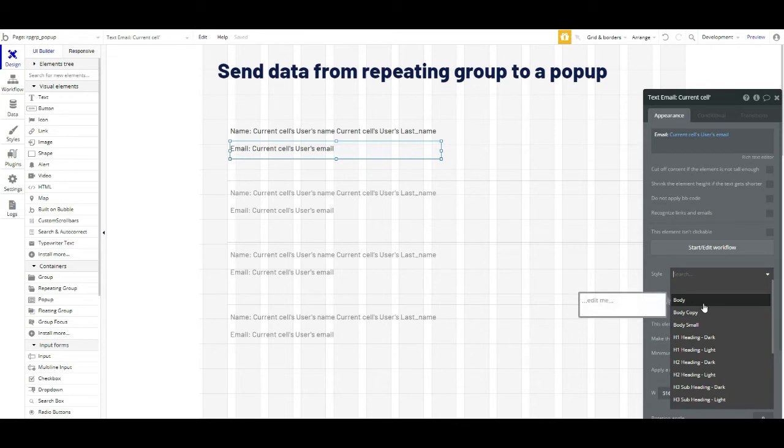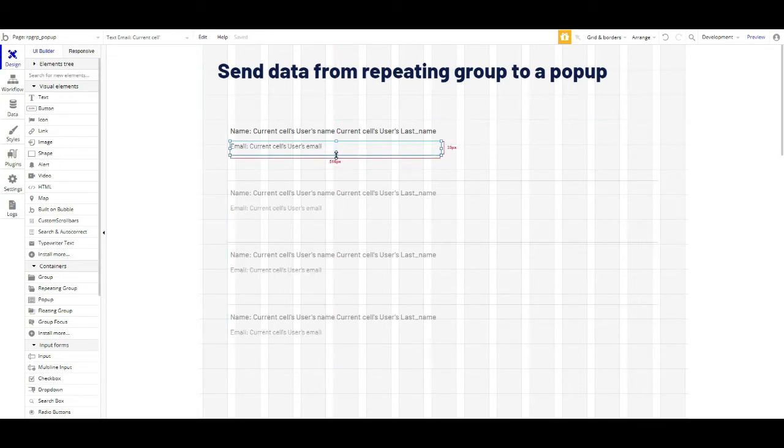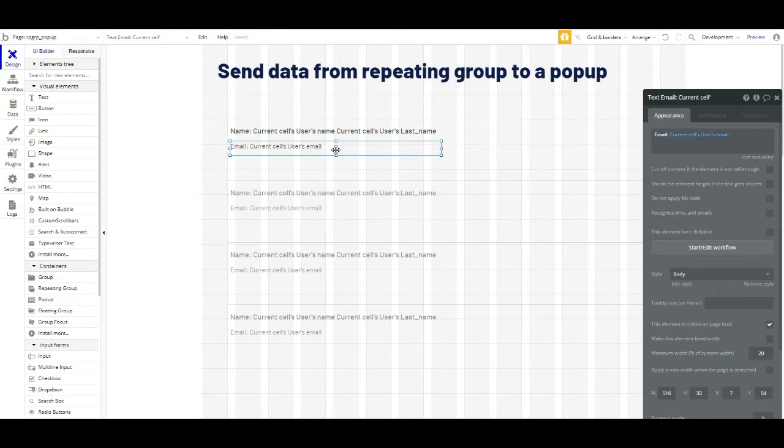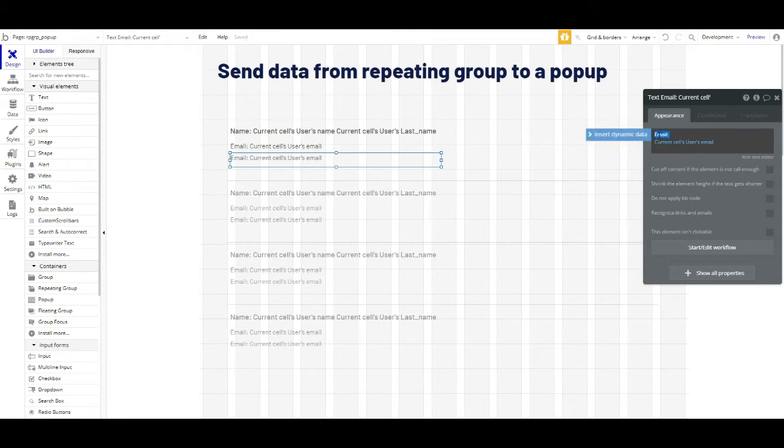I'll change the style a little bit so that it highlights the name of the user while at the same time displaying other details about them. The next thing that I want to display is the contact number or mobile number of that particular user.